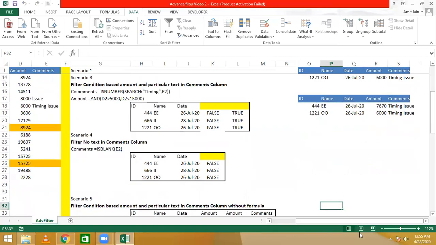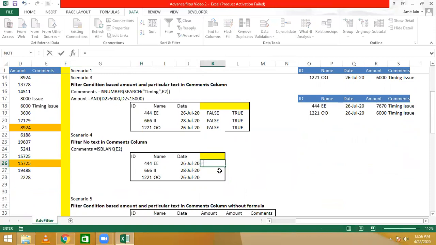In our fourth scenario, we want to filter the transactions where we do not have any comment. So based on these multiple criteria, we want to filter on another column where we do not have any text in the comment section. For that we will use the ISBLANK function.